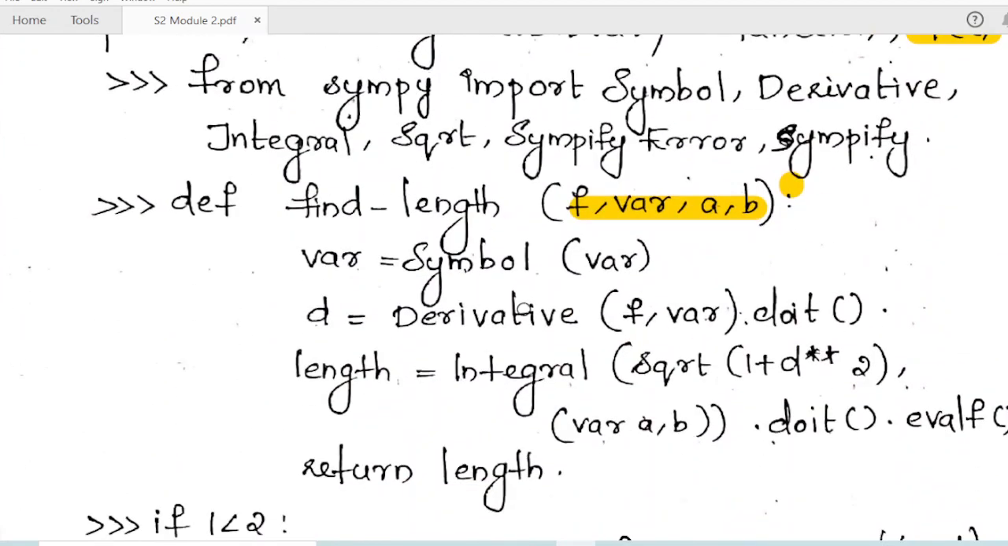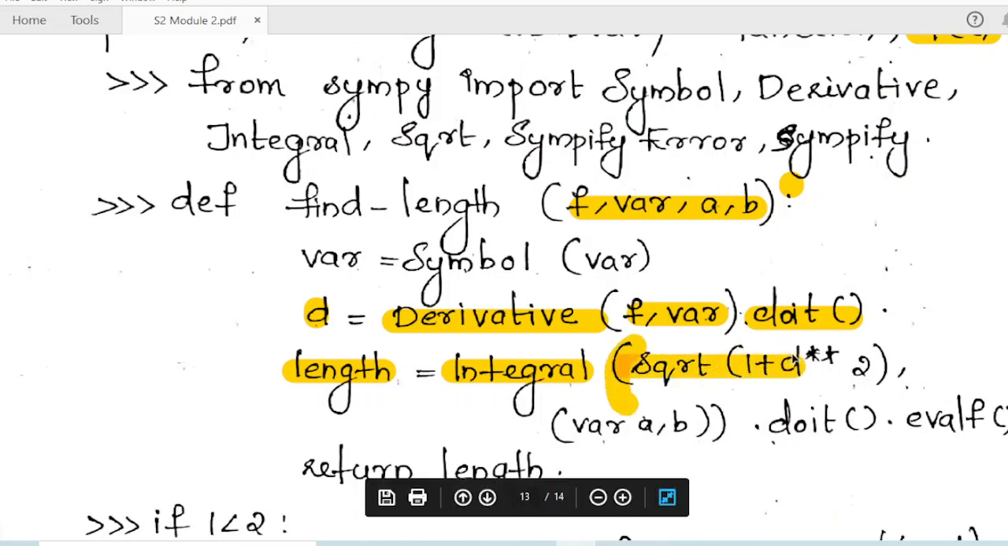We can see first we have to find the derivative function, the derivative with respect to the variable we have to evaluate it. So അതിനായിട്ട് d equal to derivative function f comma variable dot do it function. Now we have to find the length. Length in the formula എങ്ങനെയാണ്? Length equal to integral function so sqrt square root of 1 plus d square